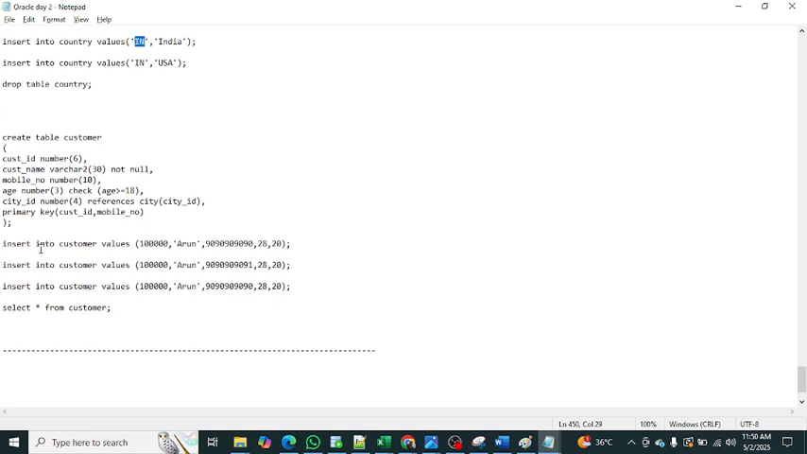Composite key means I'm creating the primary key with two columns. Here I am not mentioning it with customer ID, but after mentioning all the columns, finally I am mentioning primary key of customer ID comma mobile number. So that means the combination of